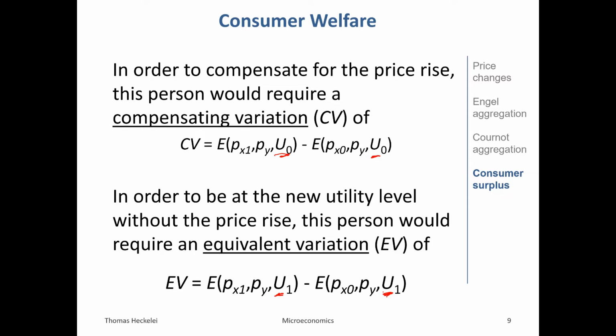So we allow the individual to move onto another indifference curve and then ask the question: how much more or less would I have to pay to be as well off as now if the price were not to change? That is, we take the new utility level U1 as the reference point, but with the old price,